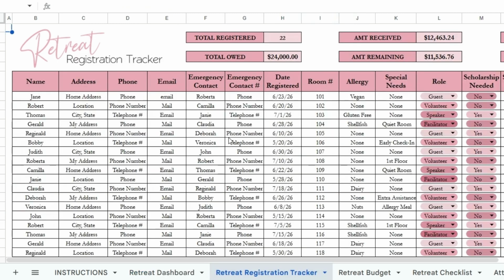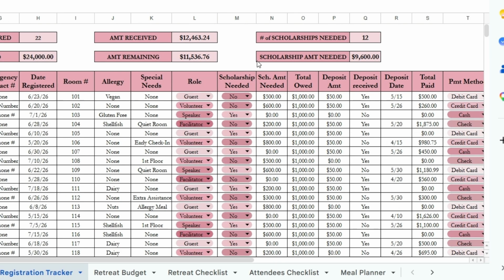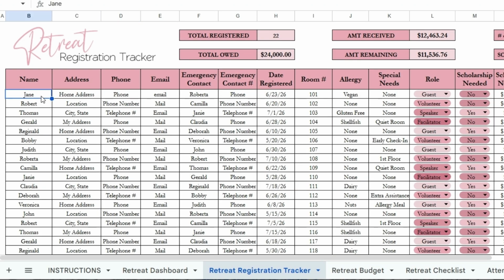Next, this is the retreat registration tracker. This will tell you how many have registered, how much is owed, how much is received, how much is remaining, how many scholarships are needed, and how much scholarship money is needed. So you can come in and put the person's name, their address, phone, and email, their emergency contact name and number, the date they registered, their room number assignment, if they have any allergies, any special needs,